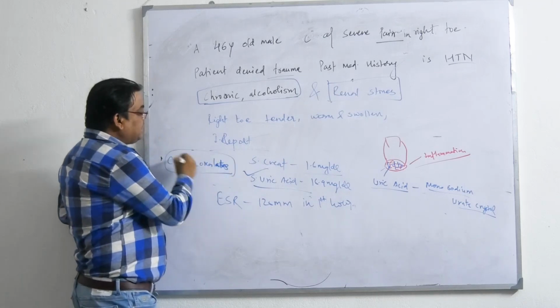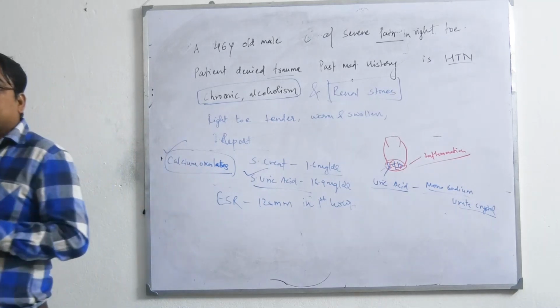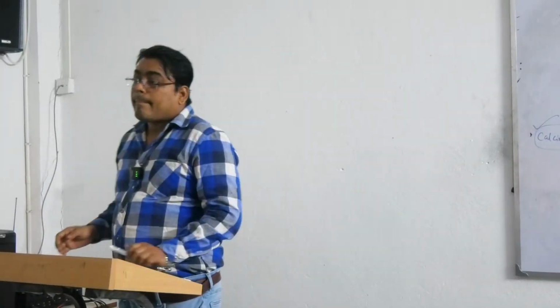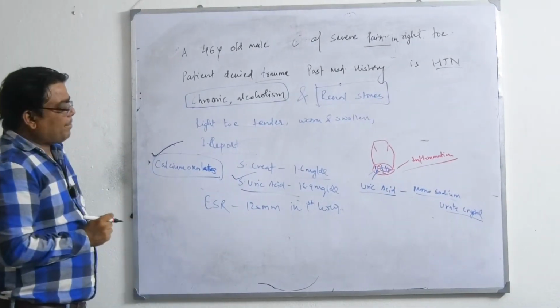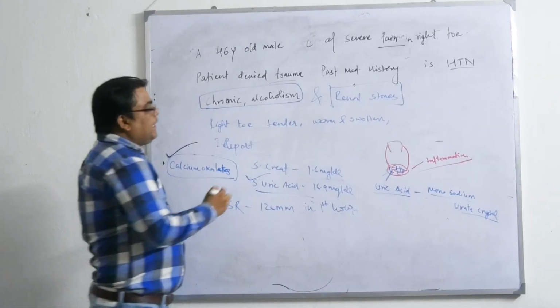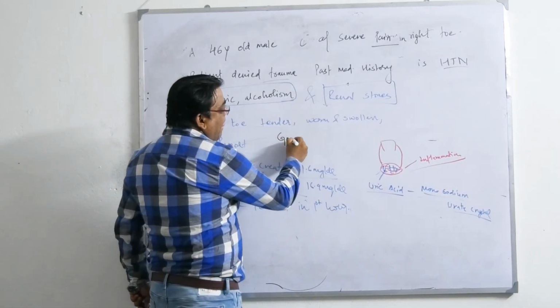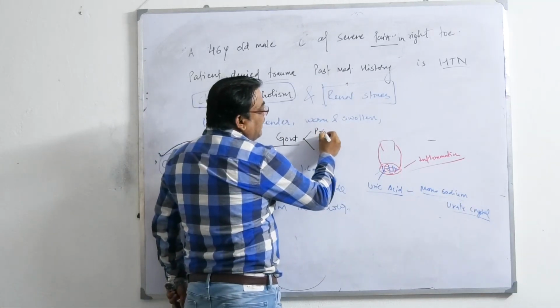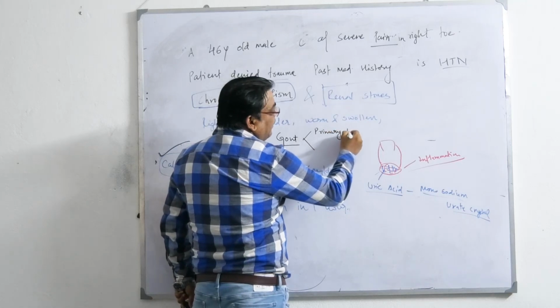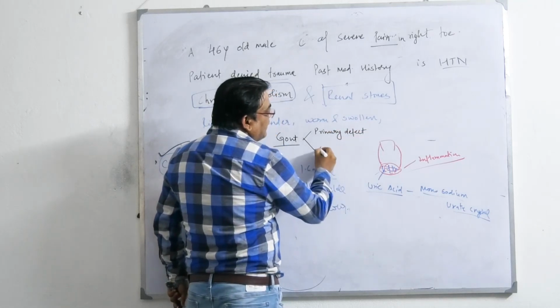Okay, these calcium oxalates form what? Renal calculi. Okay, renal stone is the general term. Formation of calculus. So there is formation of calculus by calcium oxalate. Okay. So this is the clear case of gout. And gout mainly happens by two kinds: primary defect and secondary defect. You already know it.